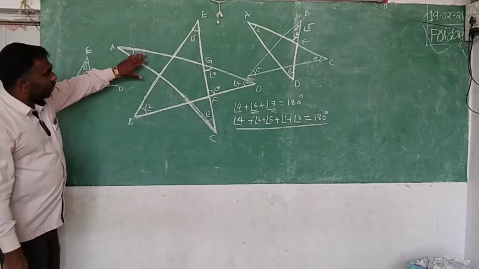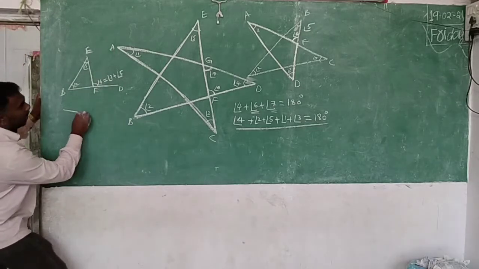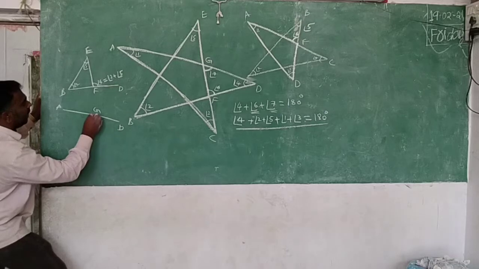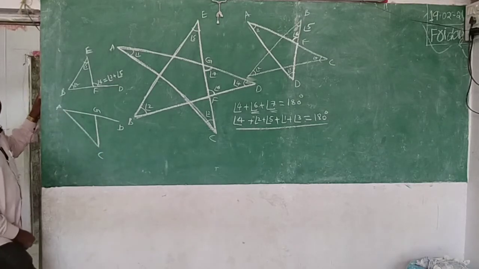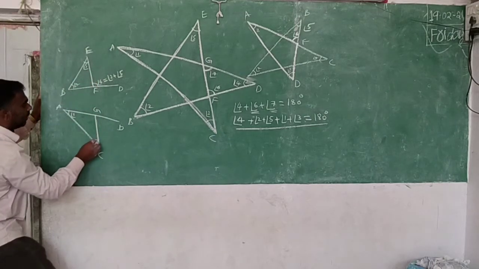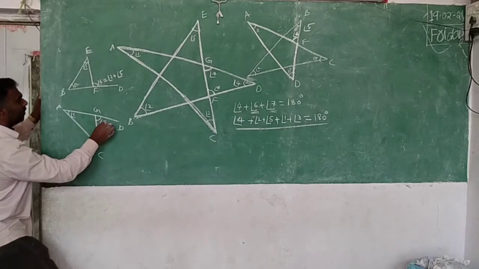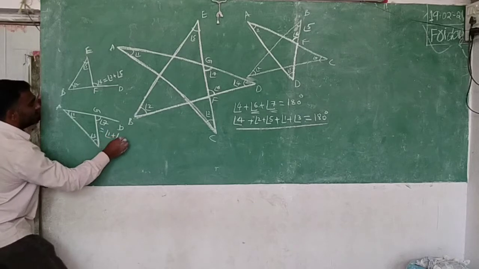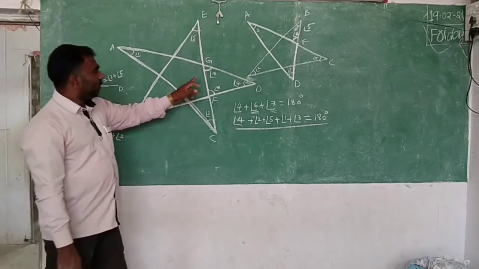And second, what are you doing here? We are taking this triangle. Which triangle? A, G, D, C, like this you have taken. In this, the first angle is angle 1, here it is angle 3, and this is marked as angle 7. How do you get angle 7? By adding the interior angles, angle 1 plus angle 3. Okay?